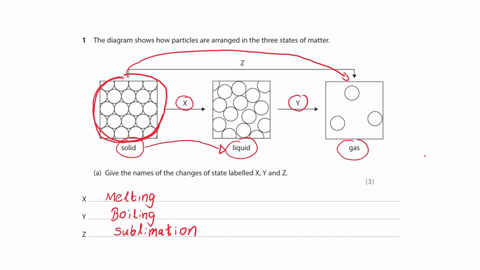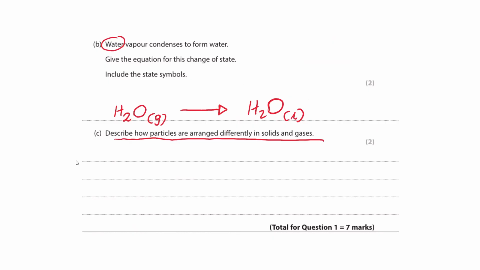But when you talk about the gaseous phase, they want us to compare the solid phase with gases. In the gaseous phase, you don't have the regular arrangement. We have random arrangement. And we can see that there's a huge space between particles. Therefore, we can't use the words closely packed. We can say widely spaced. So when you're writing the answer for this one, we can say the first point,